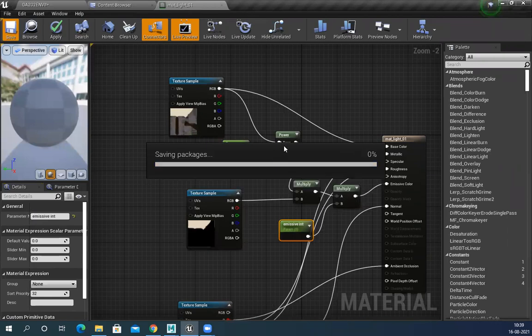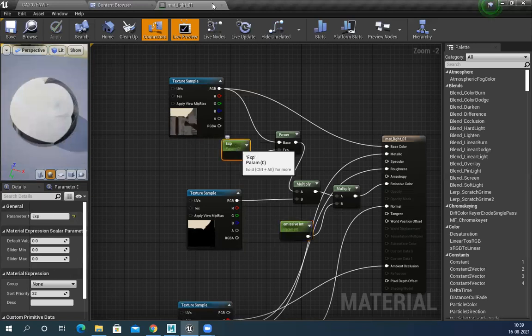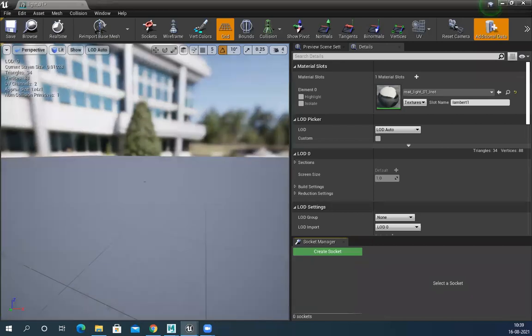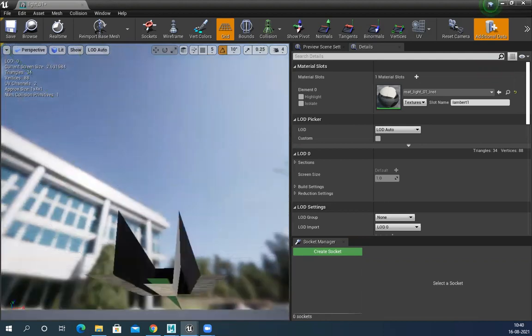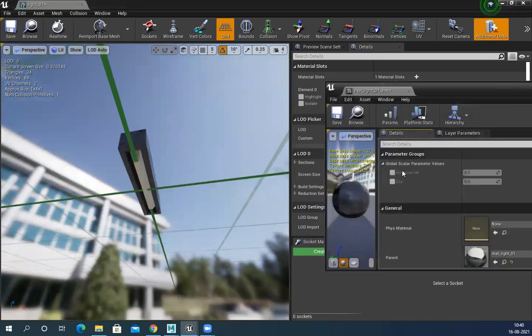I have used power. Basically, power will boost the color. So here you can see nothing is glowing. If I now go here and open the mesh. Really tiny. You see, it's not glowing. Now, if I double click this, I can see the instance here. I can see emissive intensity and exponential. If I increase this, still nothing happening. Reason: the final output of this emissive is 0. If I increase this,